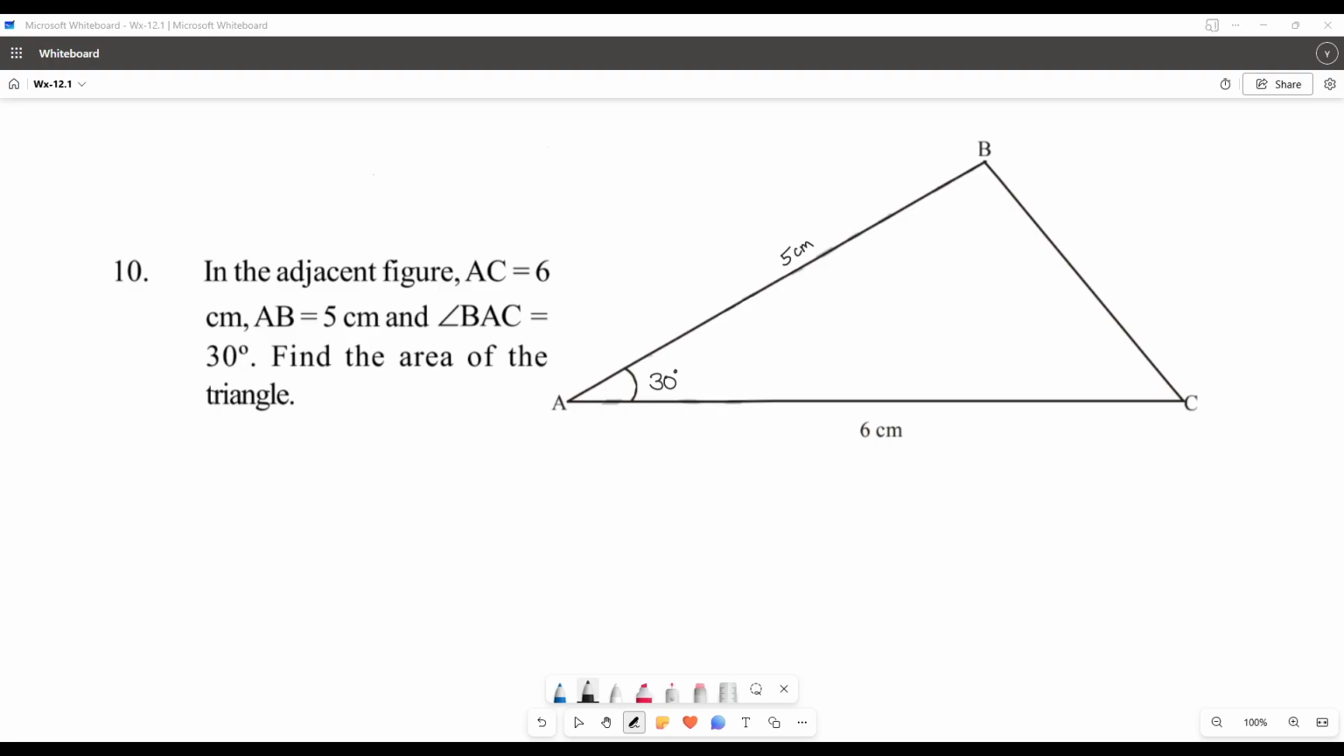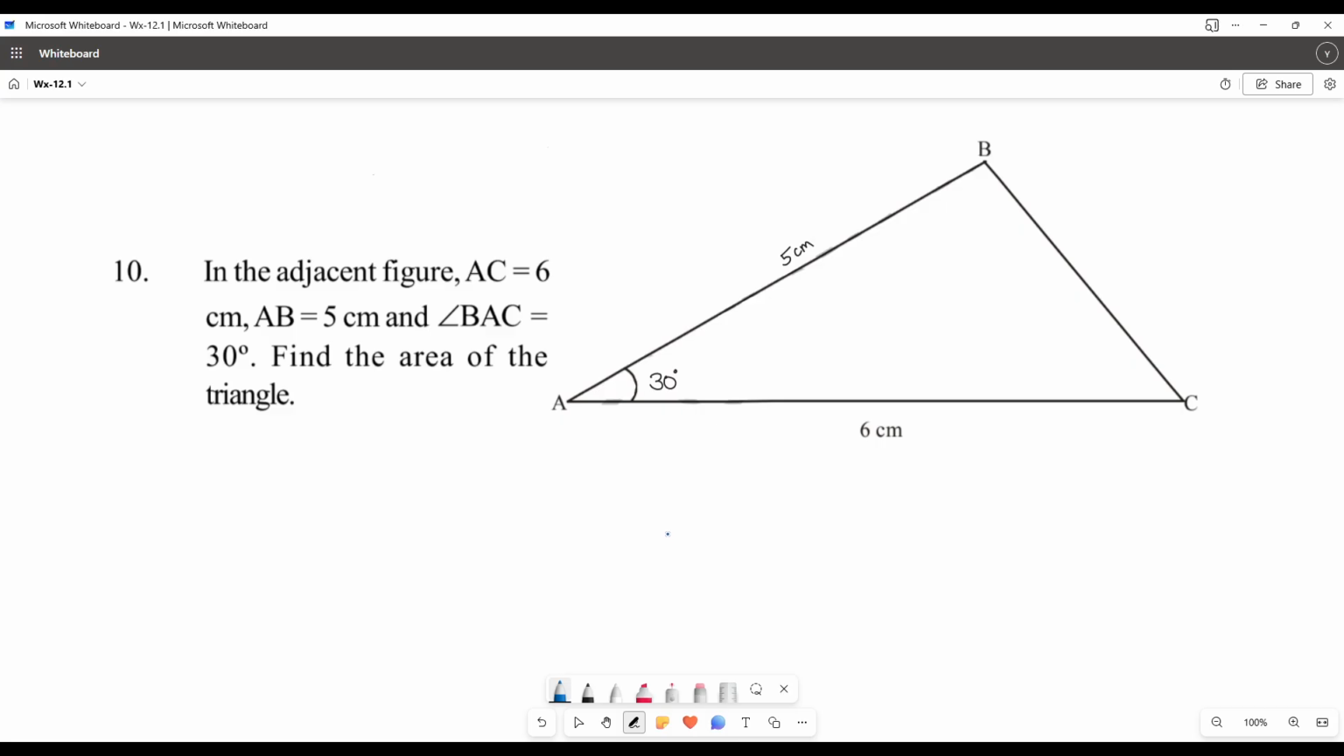In the previous questions, they directly or indirectly gave where the 90 degrees are positioned, the right angles in the triangle. But in this triangle, there is no such information given that angle B or angle C is 90 degrees. So we can't directly use any other formula. We need to use the formula of